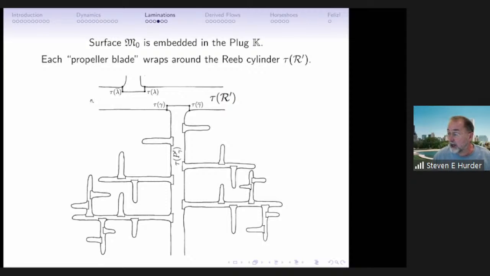So this is the picture that Anna and I developed that gave us the insight to most everything we were doing. Because with this picture, you can estimate many properties because the lamination of this cylinder is a solid object and the flow is sitting inside of this thing. And so if you want to estimate, say, the flow entropy, you estimate the foliation entropy of this laminate. So you bring in tools from foliation theory, which we understood a little better.